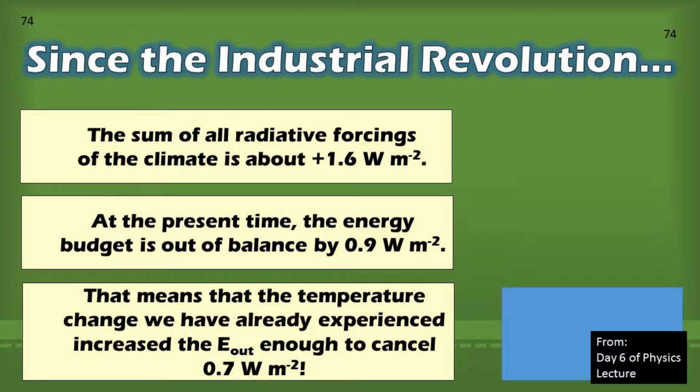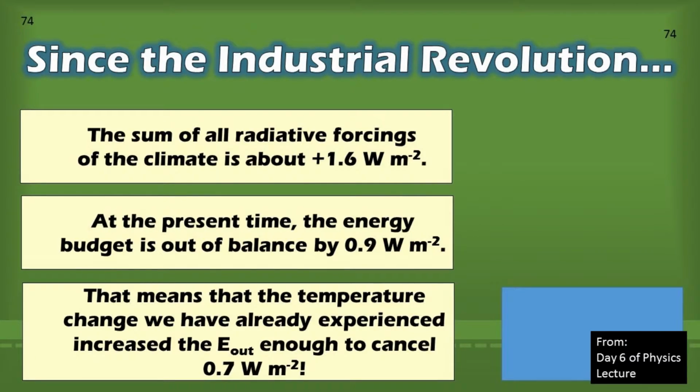But anyway, since the Industrial Revolution, we can add up all the radiative forcings, and we find that we would have had a radiative forcing of 1.6 watts per square meter, and we know that at the present time, our actual energy imbalance is right around 0.9 watts per square meter. So we know that we have already warmed the planet up enough that we have effectively canceled out 0.7 watts